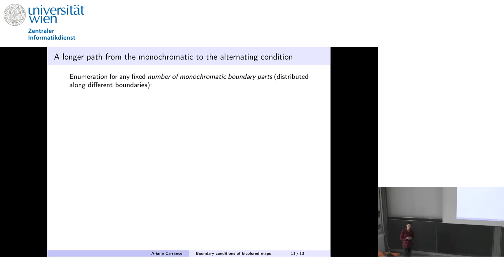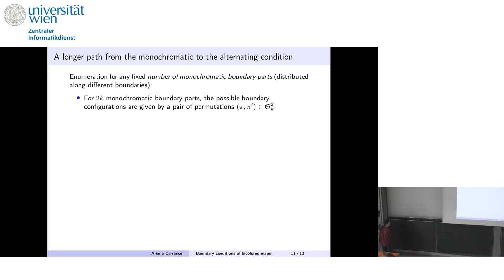In the work of Eynard and Valentin, they didn't only get results for the monochromatic or the Dobrushin condition, but they also looked at fixed numbers of monochromatic parts along boundaries. The way they describe it is by giving two permutation profiles for the way the colors are organized. So the idea is that you fix